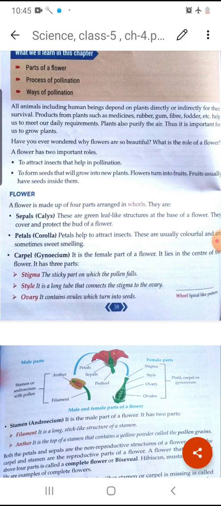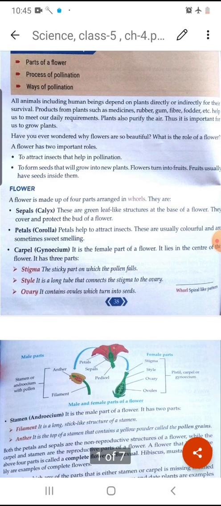So actually the flower has four whorls. Okay, whorl means the part of the flower. Okay, so a flower is made up of four parts arranged in whorls. Okay, so what are these four parts? Sepal, petal, carpel and stamen. Okay, so sepal means it is the most outer part of the flower, which is green in color and